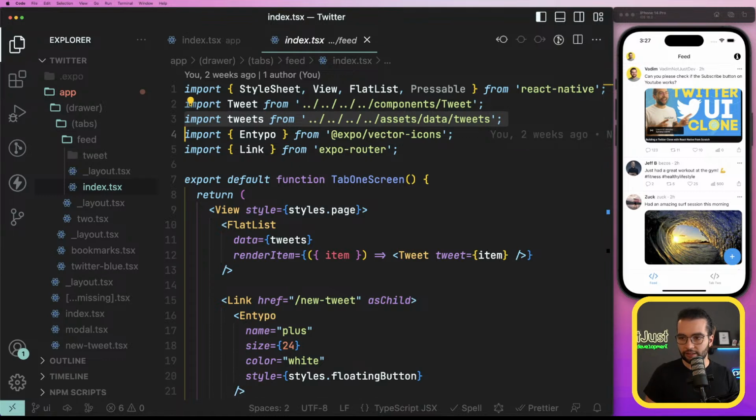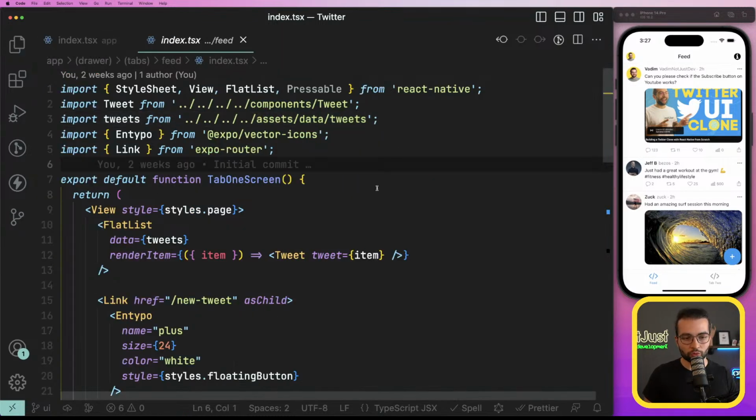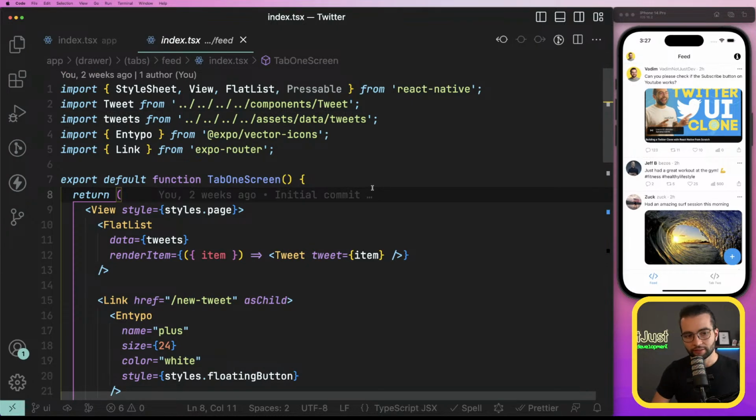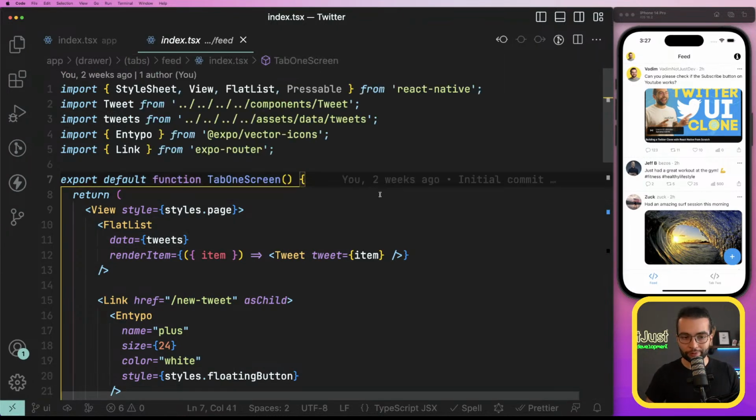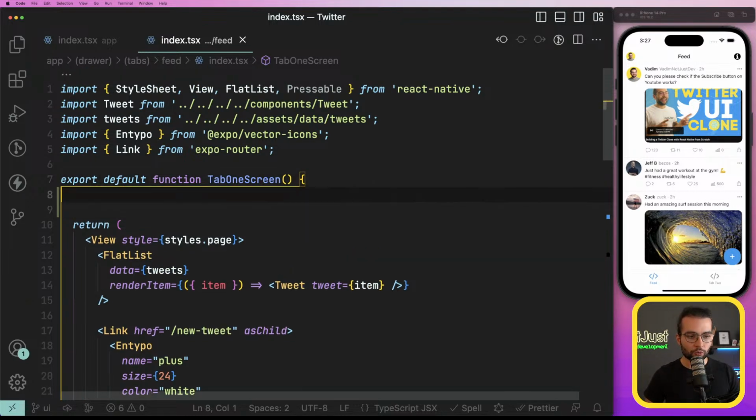Let's see. Yeah, as usual, I will try to do everything in this screen to not confuse you with a lot of files. And then we're gonna start extracting logic in different files to separate concerns and to keep everything clean. So where do we start from? First of all,